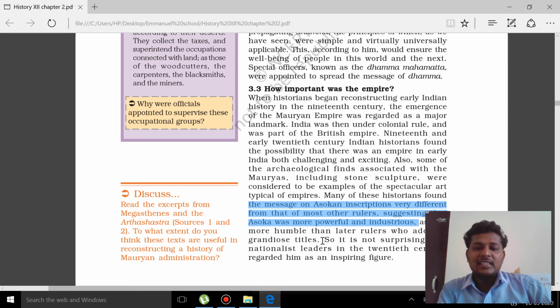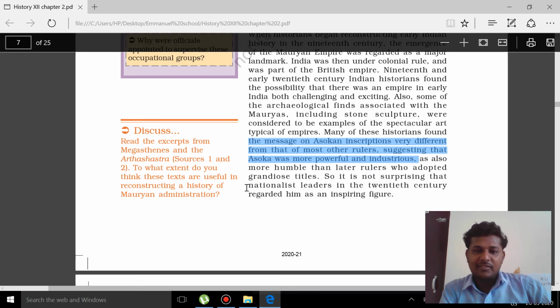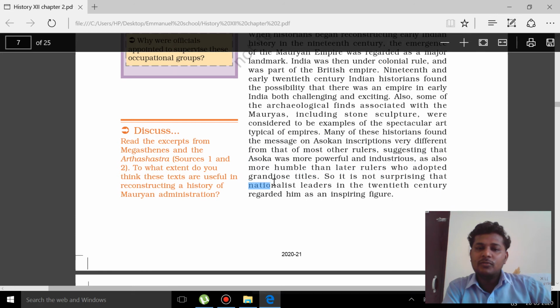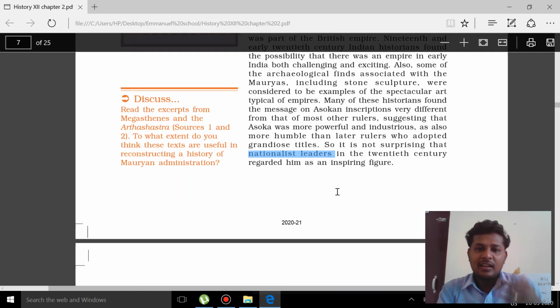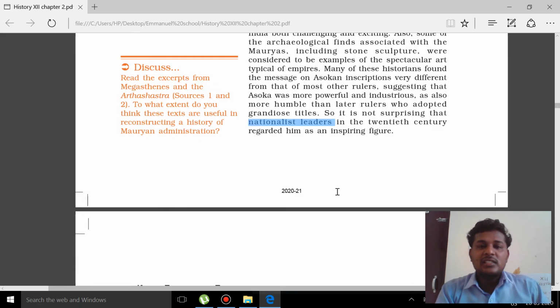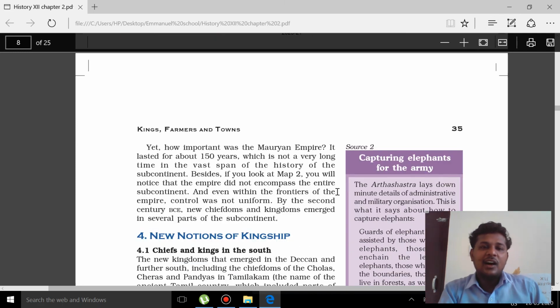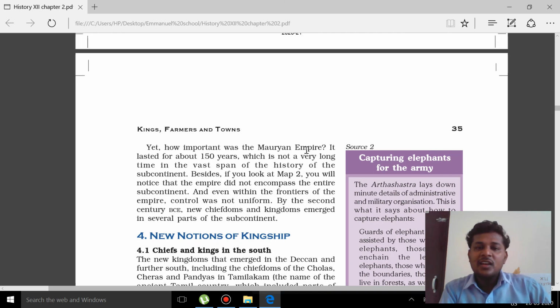And it is not surprising that the nationalist leaders, those people who fought for independence in the 20th century, regarded Ashoka as an inspiring figure. He was an inspiration to nationalist leaders like Gandhi, Nehru, and some other Congress leaders. So this is another point to be noted. Yet, how important was this Mauryan Empire? It lasted only about 150 years, not very long. Besides, you will notice that the empire did not encompass the entire subcontinent. Still,